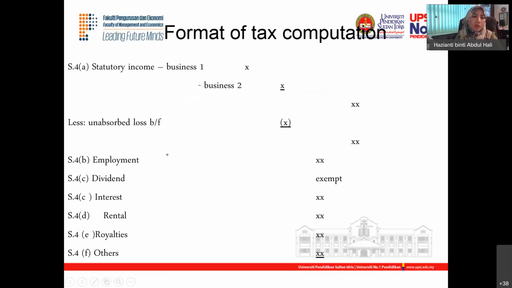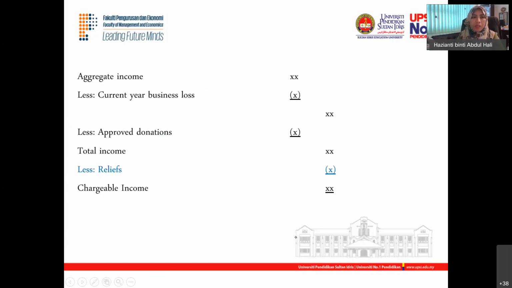I skip the business income dulu. Section 4A kita belum buat, kita buat later. Because we start with employment kan, section 4B employment, and under employment ni kita ada 31A, B, C, D and then we have 4C dividend in interest, we have 4D rental, 4E royalties, and 4F others. So from here we have to total up all the different types of income, and that will give us total income. Ini kalau kita ada business lah, you can deduct the business loss and if the business ada donation, then total income. So part ni kita skip dulu sebab kita tak buat business lagi.